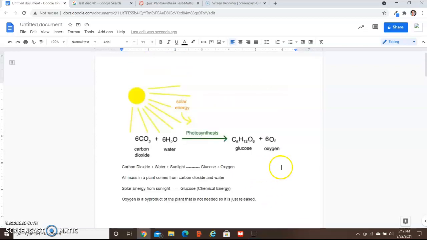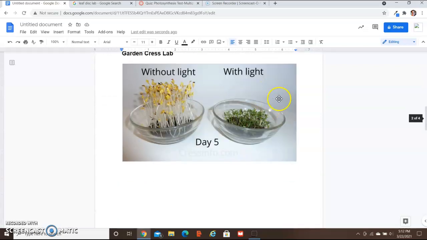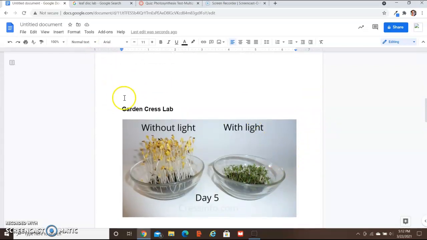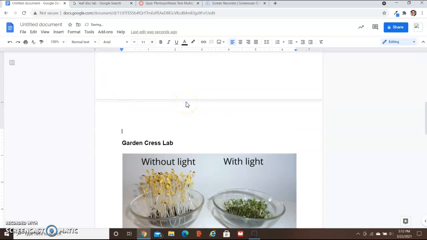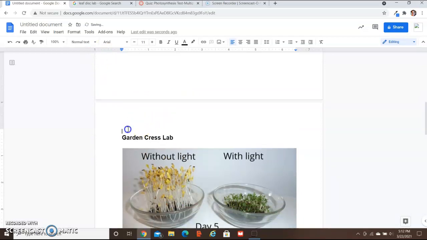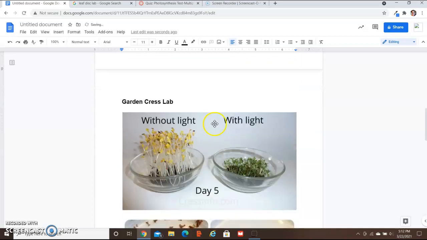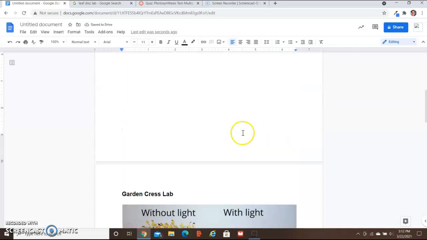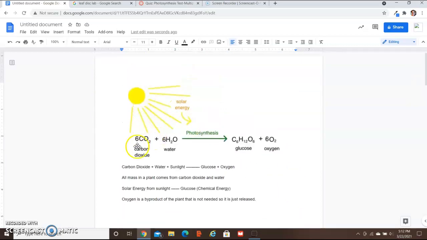We've done 2 labs this week to prove that this process is really happening inside plants. So let's look at those 2 labs. The first one was the Garden Cress Lab. Okay, so the Garden Cress Lab, we did this all week, right? We planted some seeds, we gave them water, so we gave them the 3 things that they need, right? We gave one of our cups of seeds